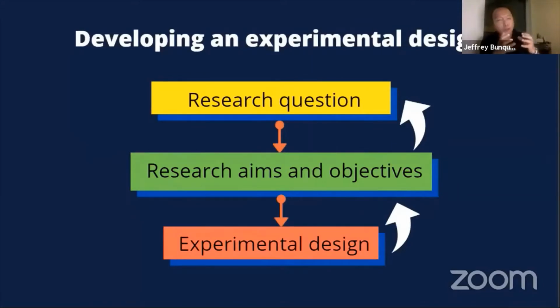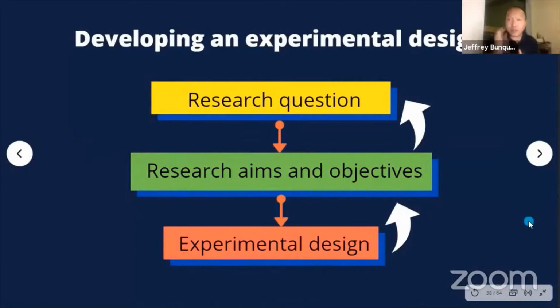na ating kino-consider. Pero ang pinakamalaking question po sa atin is, once we reach the point of nakapag-ideate na tayo, alam na natin yung research question natin, alam na natin yung specific objective of the experiment, and na-identify na natin kung ano ba yung mga techniques na i-implement natin. Ang question po is, paano tayo mag-start? Paano natin sisimulan yung research? Ano yung first set of experiments na gagawin natin? At paano ba natin ie-ensure na yung choice natin ng experiments is not limiting the possibility of us getting to the right outcome? So, yung i-introduce ko po sa inyo are